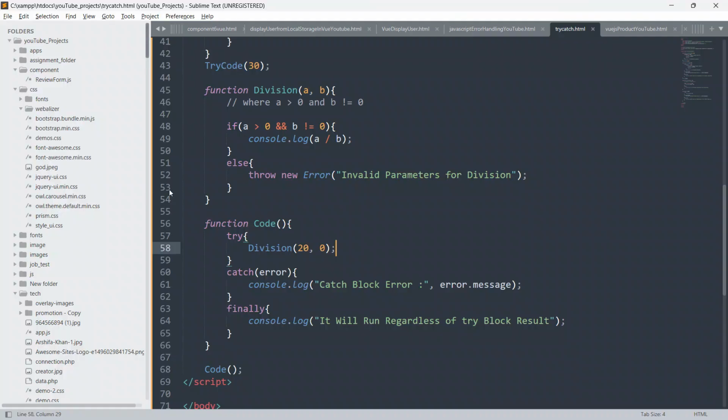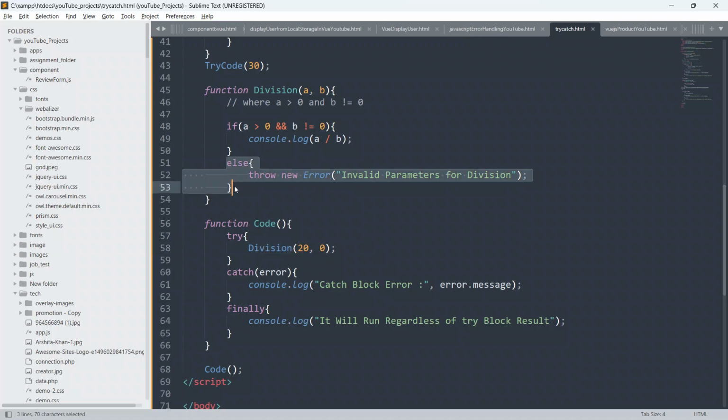This time the condition is false, so the control comes into the else block and throws an exception saying invalid parameter for division. In the try block we are just checking the division function, and it has already thrown an error.